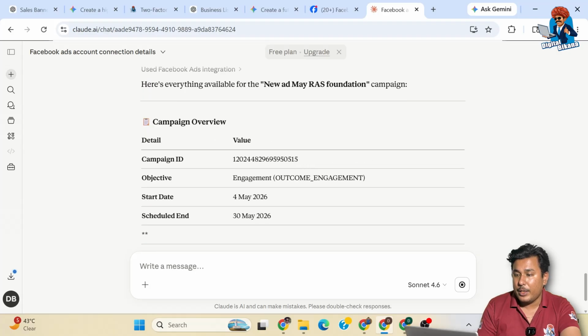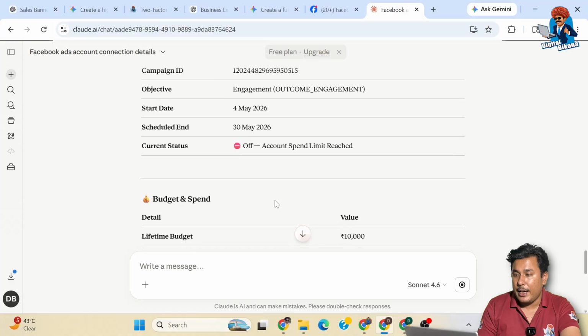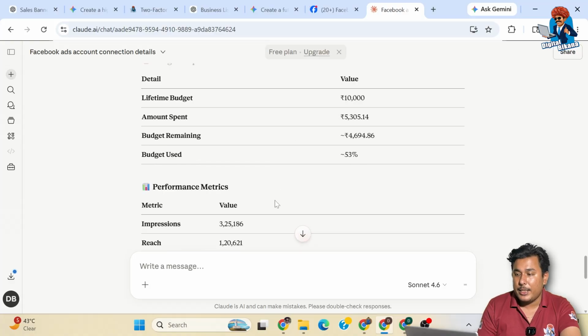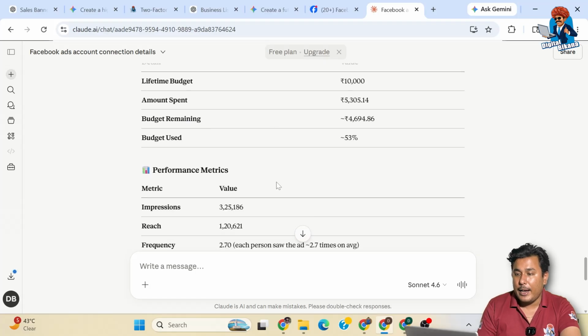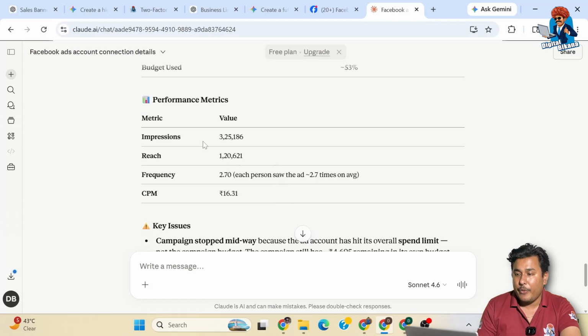Campaign overview: this is the campaign ID, objective, start date, scheduled end date, current status is off, lifetime budget is 10,000, amount spent is 5,305, budget remaining is this, budget used, and performance metrics: how many impressions we have received,